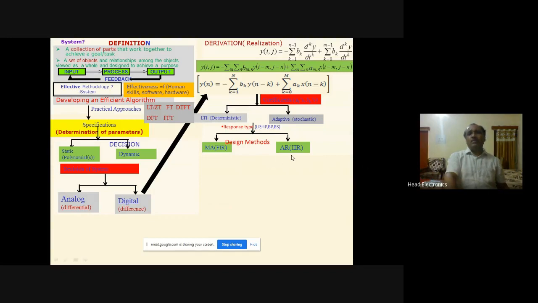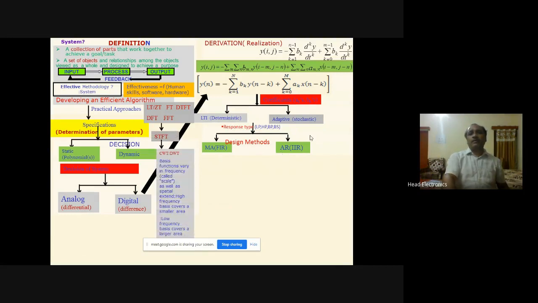In the other case, if there is a feedback, like this type of equation having both terms, this term is responsible for the moving average and this term is responsible for the auto-regression, then this will be known as the auto-regressive or infinite impulse response filter.